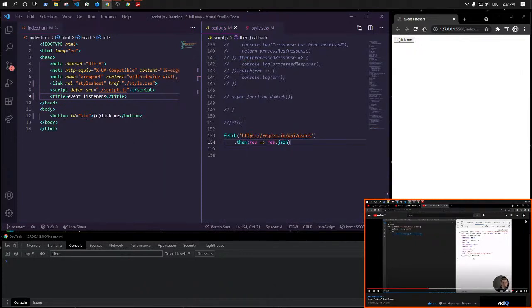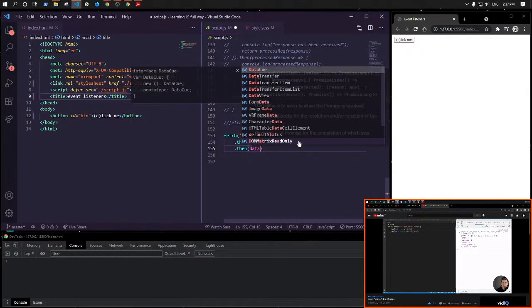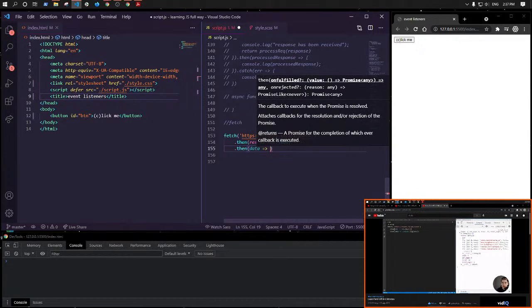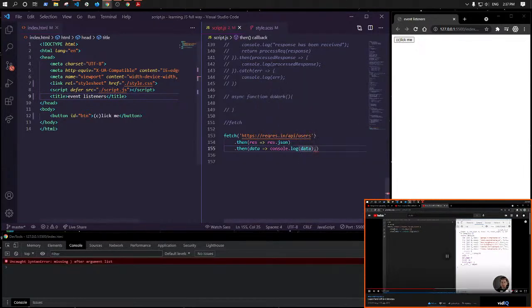So then we need to use .then again, and this is going to be our actual data. And we can say console.log of that data. So as you can see, we have all of the different data on the right-hand side here. It has page numbers as well as all of the different users that we're getting from the API, and that's working great. Everything's